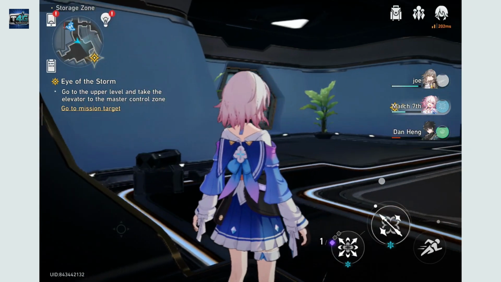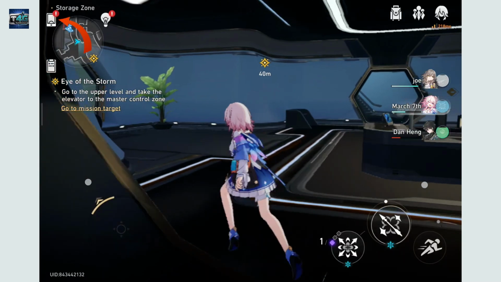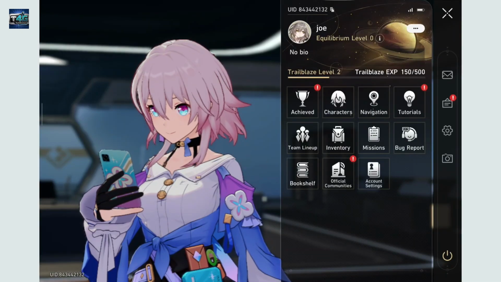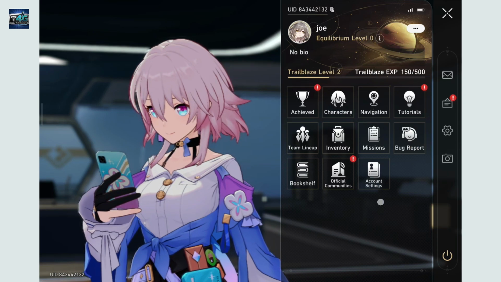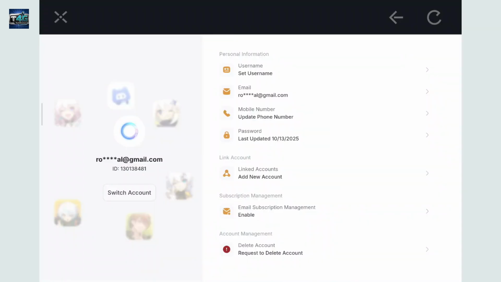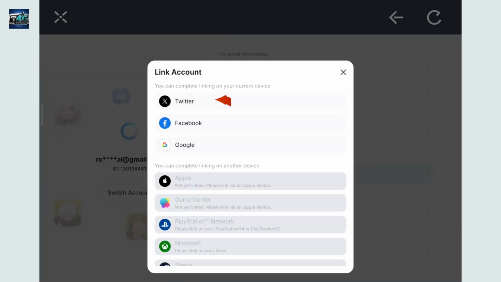Once you're inside the game, go ahead and tap on the phone icon at the top left corner, and from the expanded menu, click on Account Settings. Inside Account Settings, tap the Go button right next to User Center. You'll then come across this page where you need to click on the Linked Accounts button, and in the pop-up, click